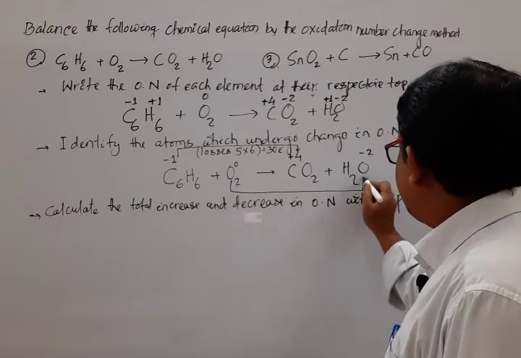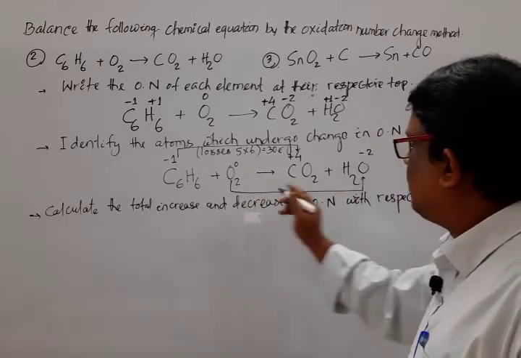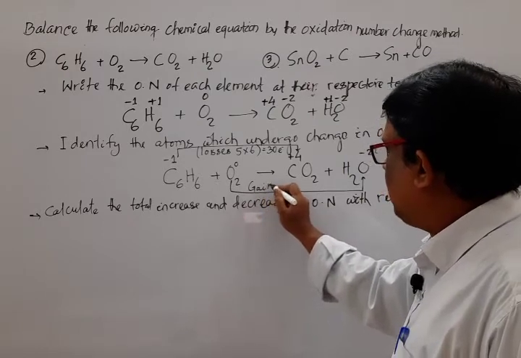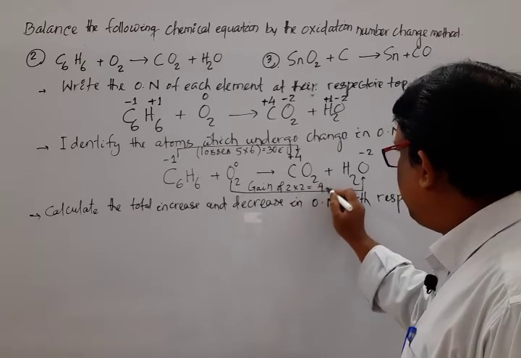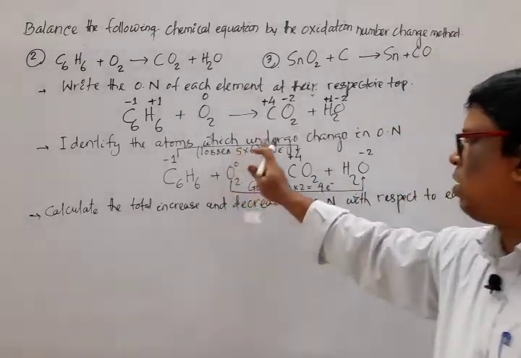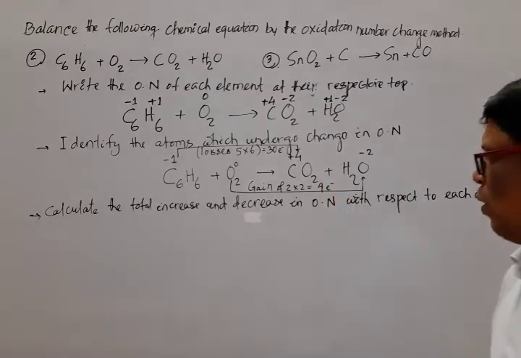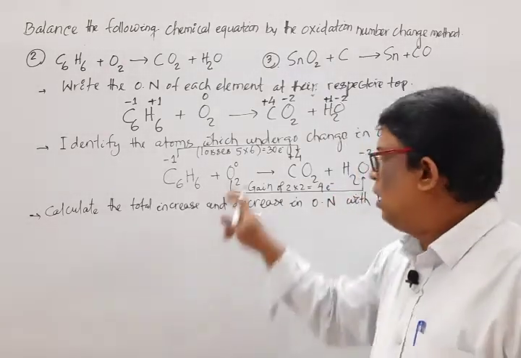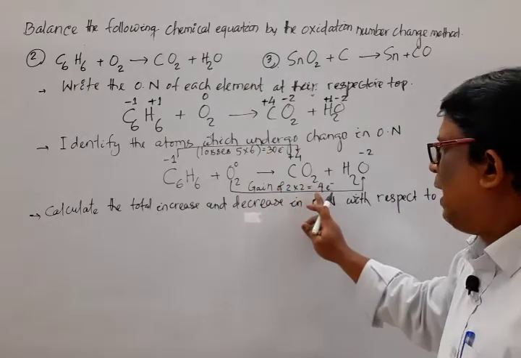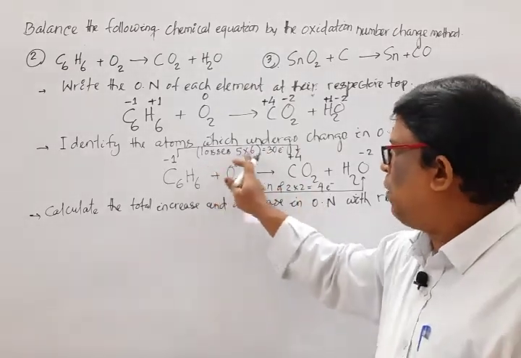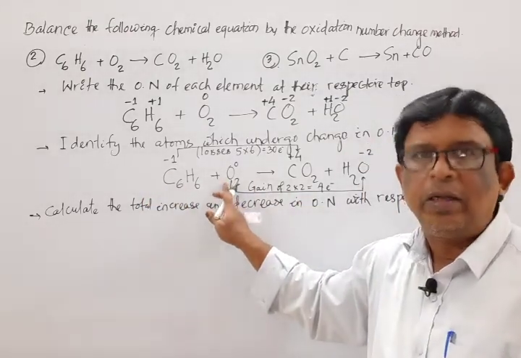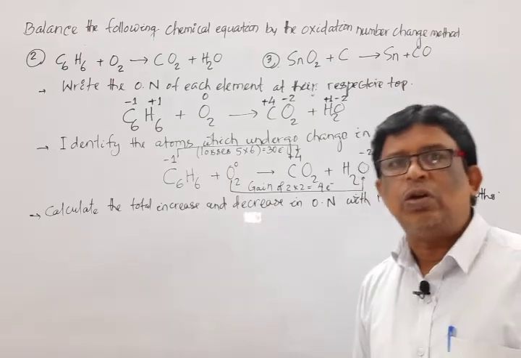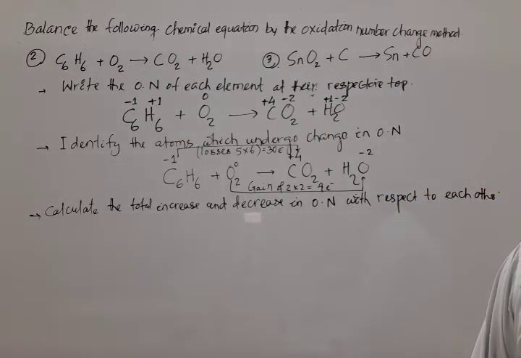Mark that, and here 0 to minus 2 is a gain of 2, and for 2 oxygen, that is 4 electrons. Mark that: here a loss of 30 electrons, here a gain of 4 electrons. Taking 2 common, loss of 15 electrons, gain of 2 electrons. So here loss of 15 electrons, multiply here by 2; here gain of 2 electrons, multiply by 15. As a result, the total loss is equal to total gain. That means the next point is